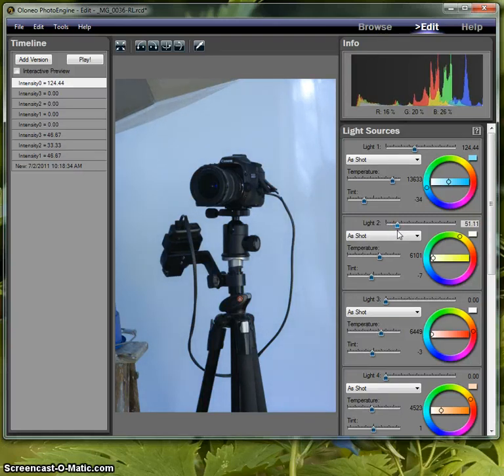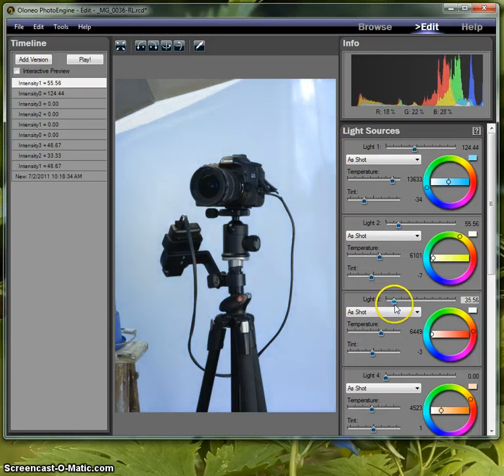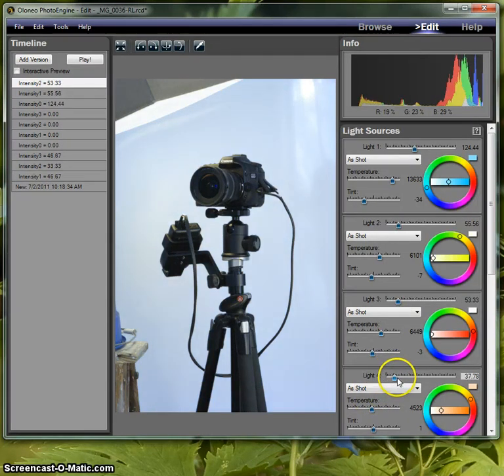So we can bring that up a little bit, bring out some highlights on the cable and the other parts of the camera and tripod a little bit, and then put some highlights on top of the camera and the promote unit, and I don't know, something like that maybe, and then we can bring up the background, and that's really enough for this illustration. I'll probably fiddle around with it further, but